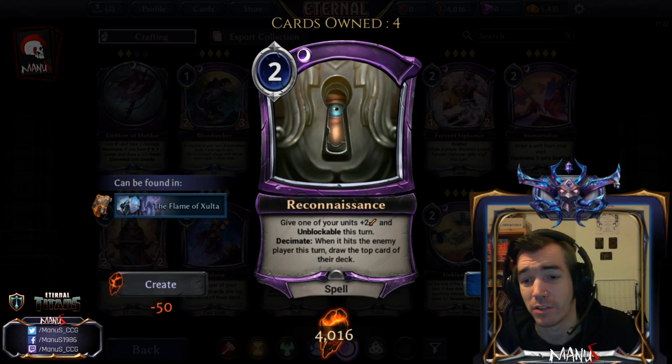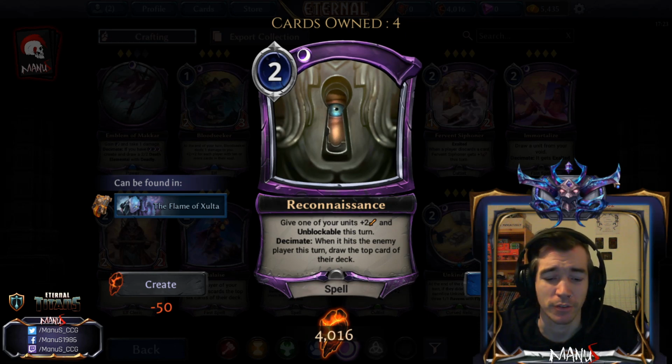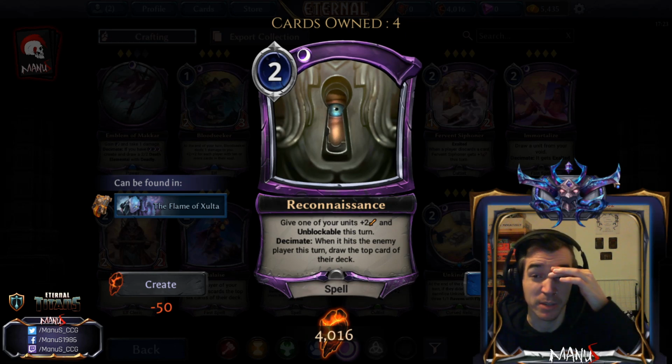But yeah, if you need more Decimate sources, and Decimate is potentially free because you are in Argenport Paladins in Expedition,